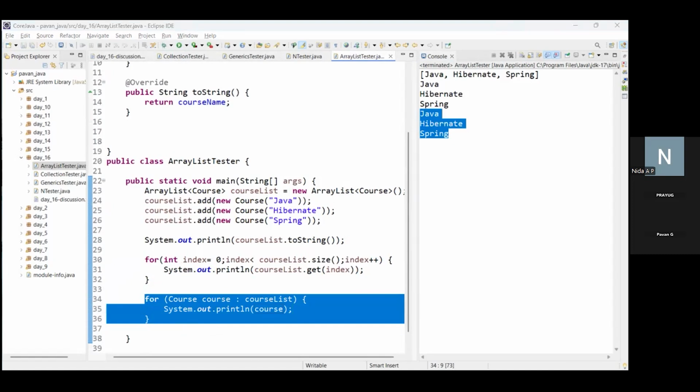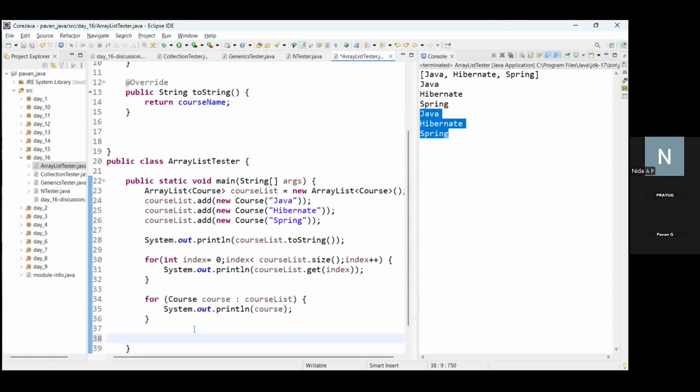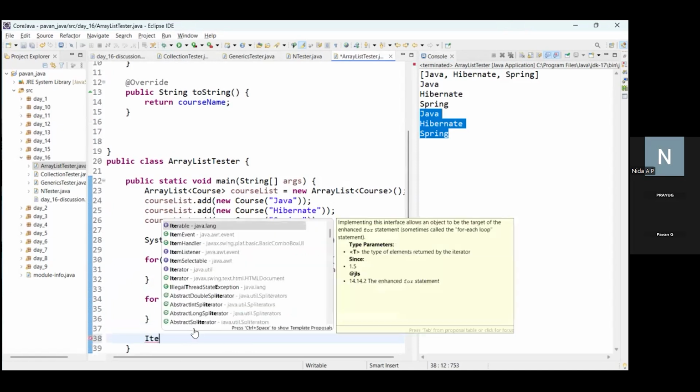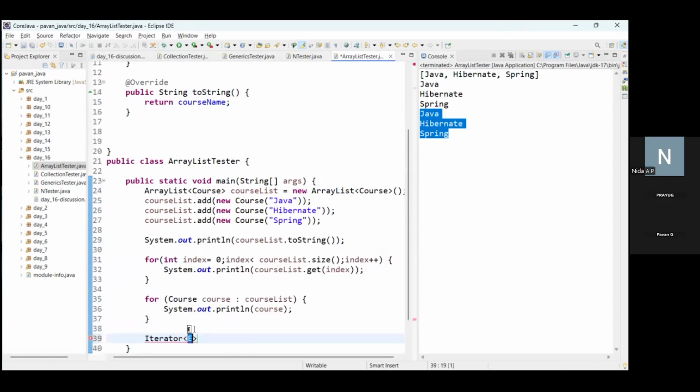Okay, for each. Good. You also have one more thing, that is iterator. Iterator is to iterate the elements in the list only. So the Iterator class will come over here, and you're going to pass the template, the object. So I'm saying course iterator equal to course list dot